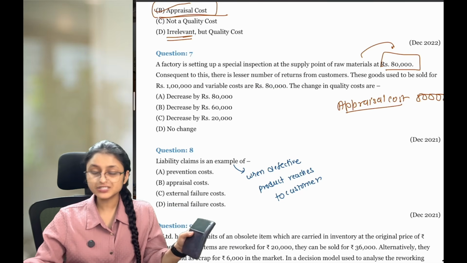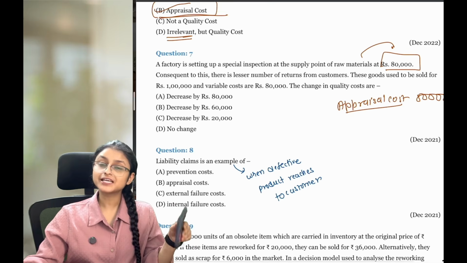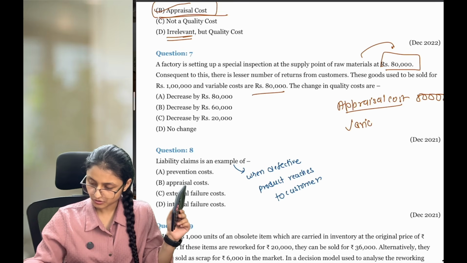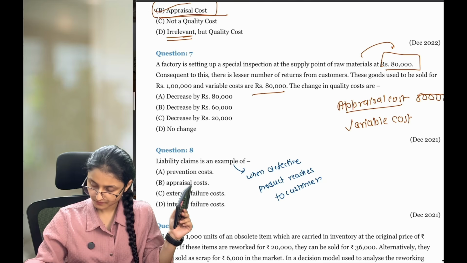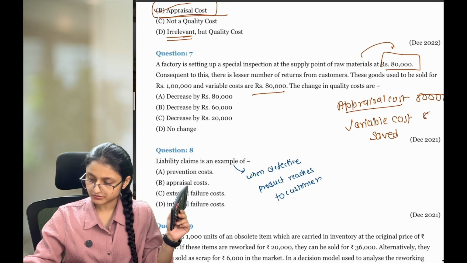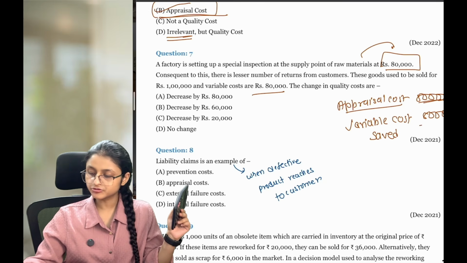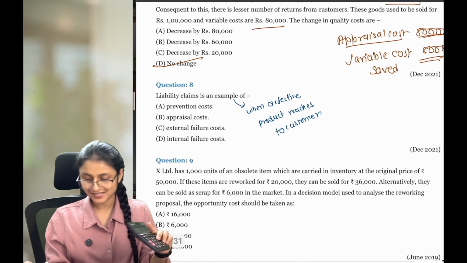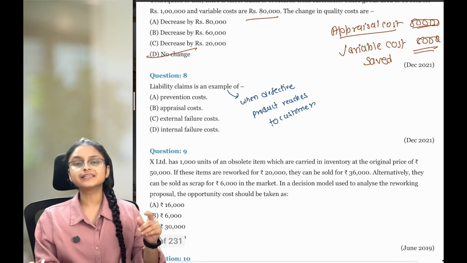Hence, due to this appraisal cost of 80,000, we are able to reduce the returns. Hence, we are able to save this variable cost of 80,000. So we incurred 80,000, we are able to save 80,000, hence there is no net change in the quality cost. Okay? Liability claims is an example of